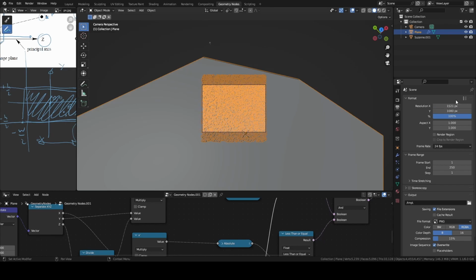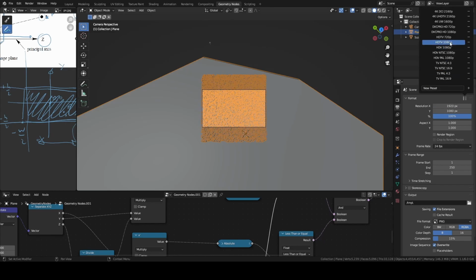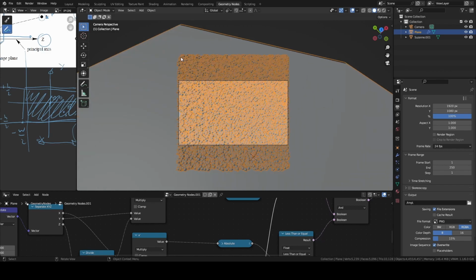For example, if I have the standard HDTV resolution, as you can see, I'm creating some objects also in those areas which are not viewed by the camera. But the good point here is that if I change the resolution now, no matter how I change it, it will always fit this area where we created and scattered our objects. So as you can see, there is no way to escape from that.